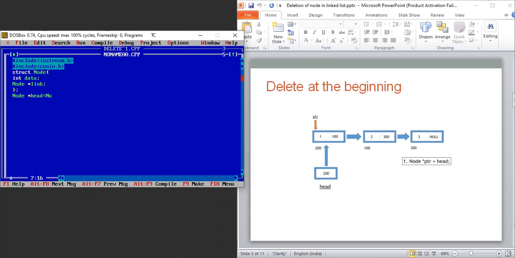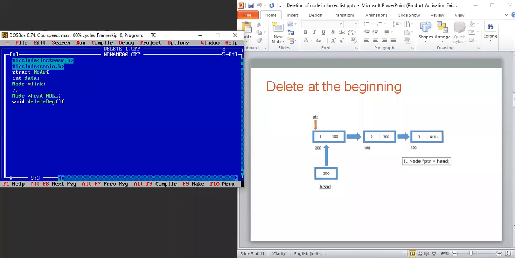Next, we will write the first function by which we can delete a particular node at the beginning. I will use void delete beginning.